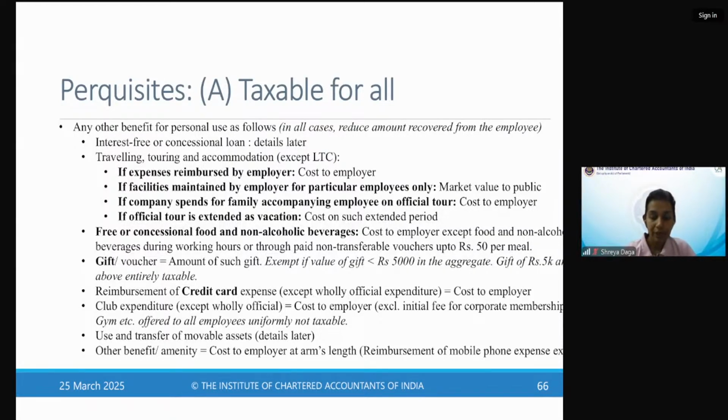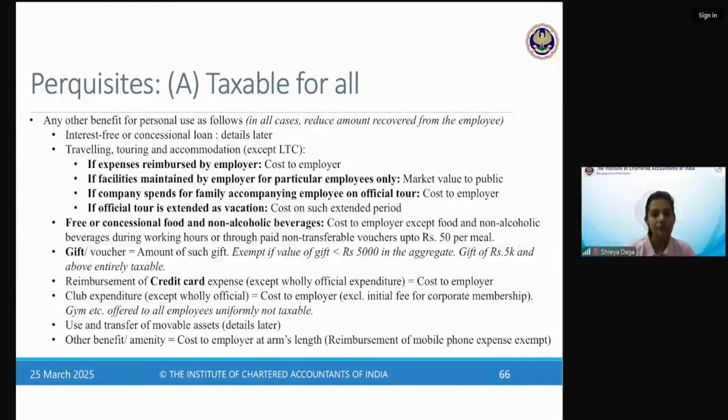This is another point of taxable perquisite. So see, here there is a limit. I'm just showing the full slide now. If the employer gives you food and non-alcoholic beverages, then it can be a taxable perquisite, except in a few cases. Like if he gives you food and non-alcoholic beverages, meaning tea, coffee, during working hours, okay. आजकल ऑफिसेस में वेंडिंग मशीन लगी होती है, आपको जितना चाय कॉफी पीना है, nobody is tracking, na? You can go and have it. Or even otherwise, during working hours, your employer is giving you 2 cups of tea. Fine, it's okay. If it is during working hours, food and beverages being given to you,